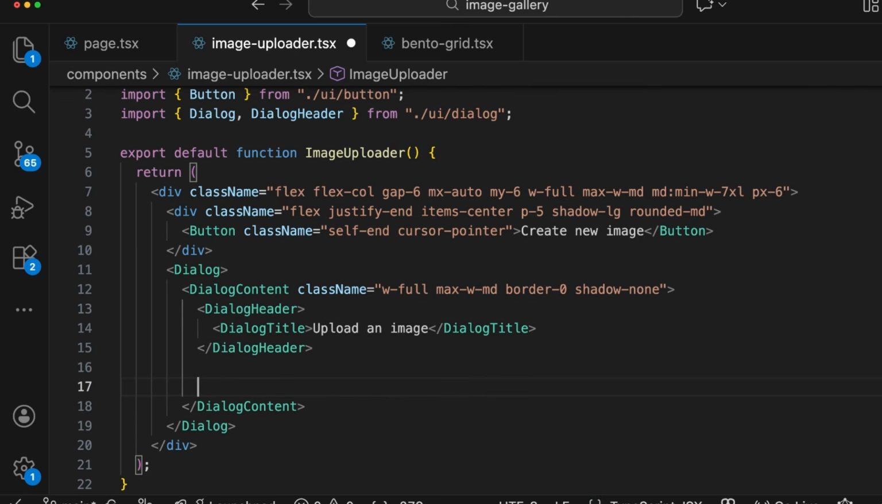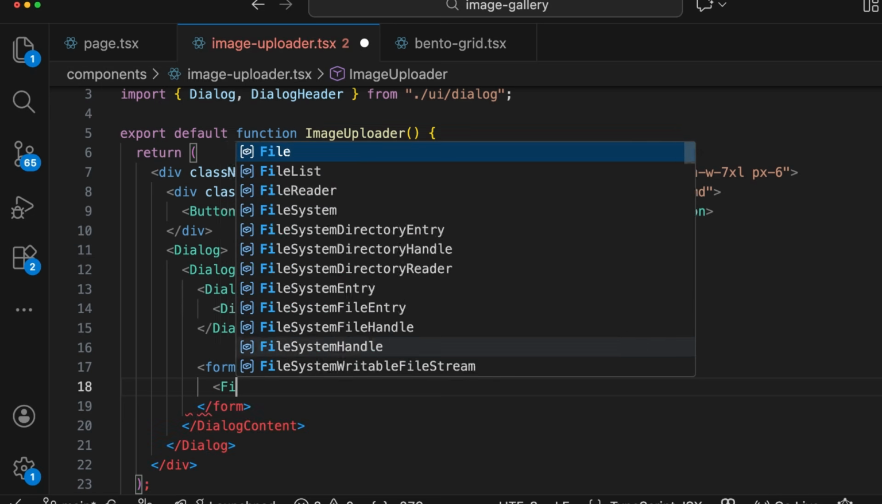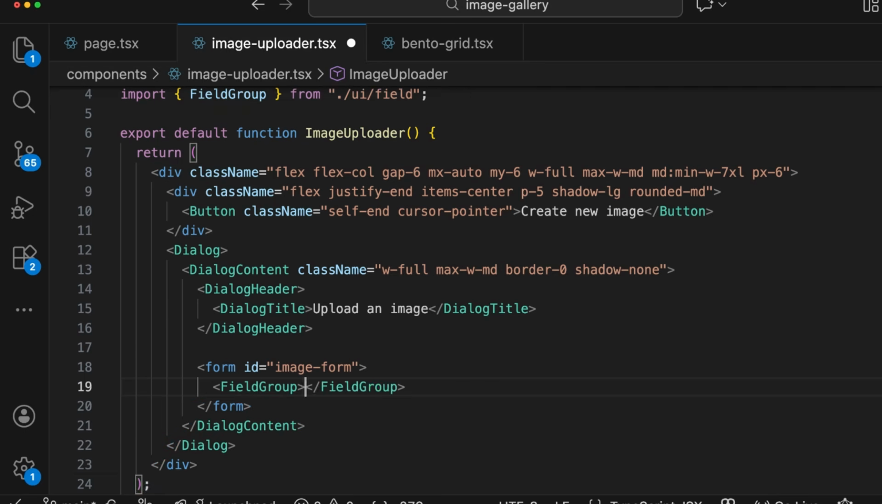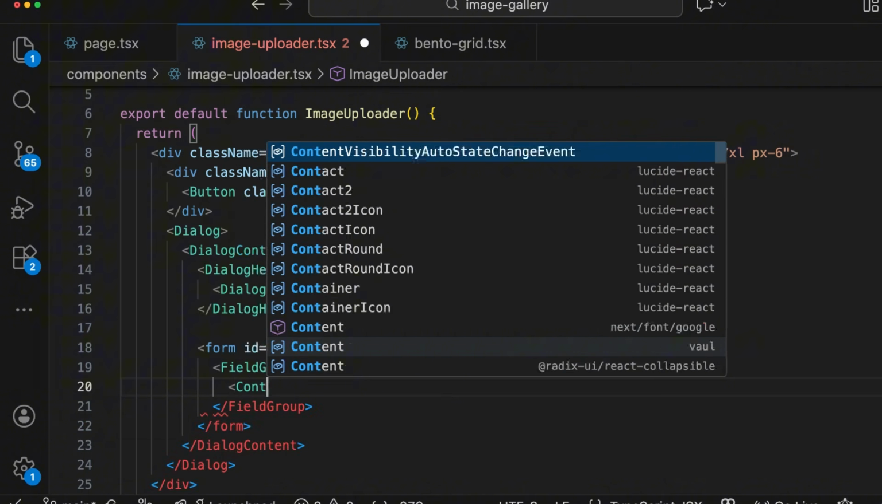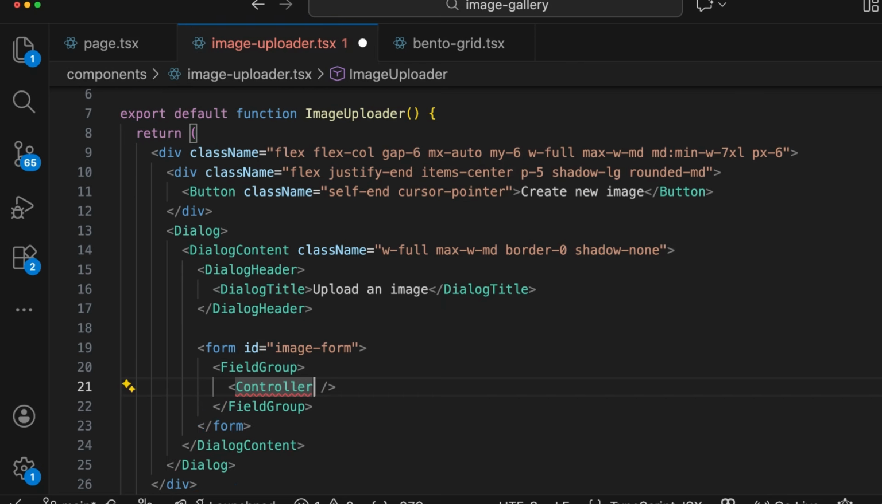Below the dialog header, let's add our form, a normal HTML form. We don't need this action, but instead we need an ID. The ID will be, let's name it image-form, because this ID we will add for the submit button. We will add the submit on click later on, but for now, let's add a field group that you can import from UI field. And then let's add our controller. You can import it from React Hook Form. And this controller is a self-closing tag, and it will need,